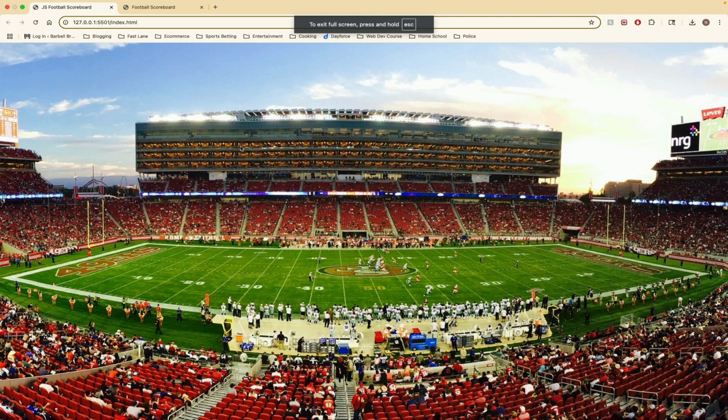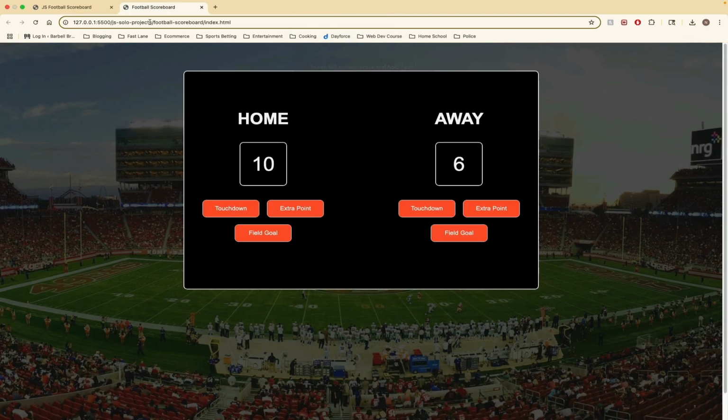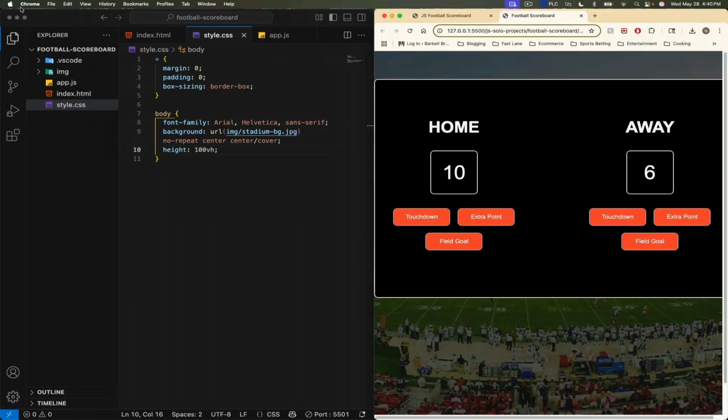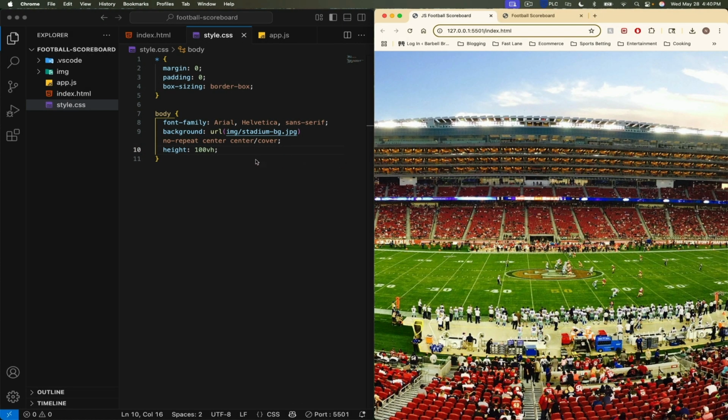But now we have one more problem. If we look at our original design, the image is too light, so we want to make it a little bit darker so that our scoreboard pops out better. So what we can do is add the linear gradient. Remember, we can put a fake little basically screen over this that you can't see, but it's there with CSS, and then color it in with some blackness to create like a shadow effect. So for that,